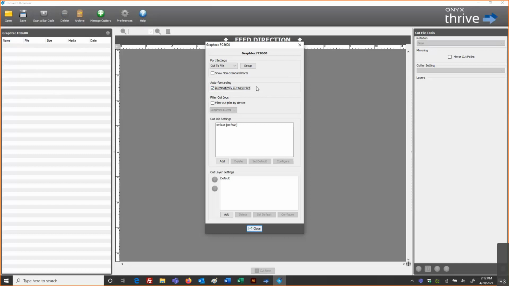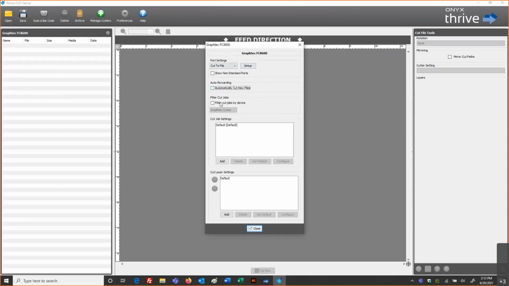It's going to be sent over there immediately, or maybe you're planning on cutting this later in the day. So this is an option that you may or may not turn on, given the communication style, if you want to have that information over there right away or send it at your leisure. If we're working with a type of flatbed cutter that has a front end computer, we may be sending the file across our network to that computer. And in that case, we may want to automatically forward the file and let the file be transferred through our network. It's going to be at that computer directory that we browse to in our setting above.